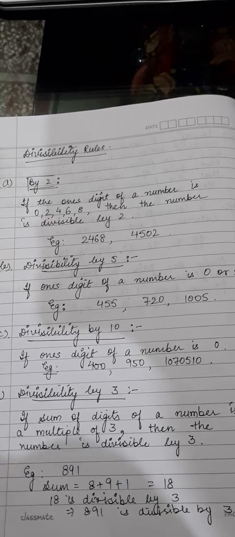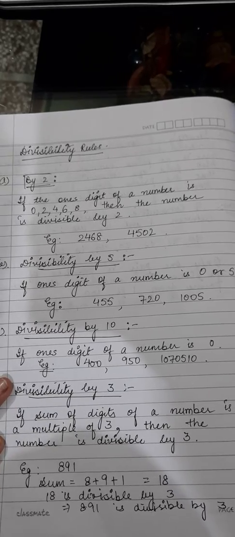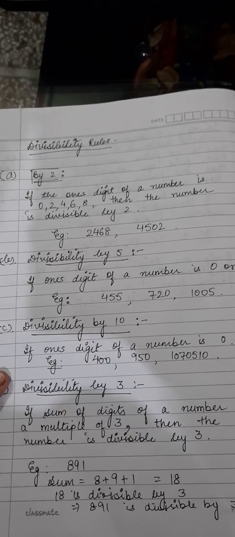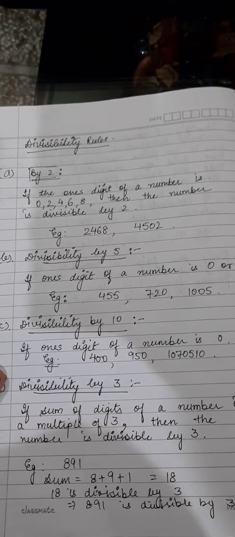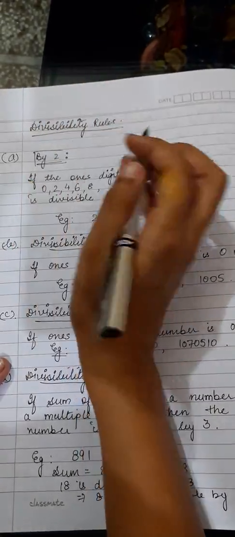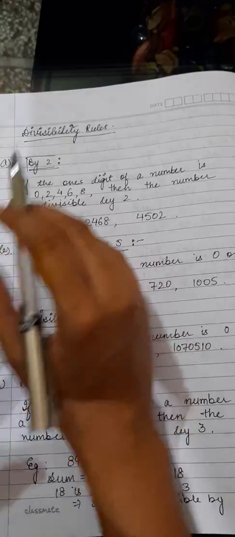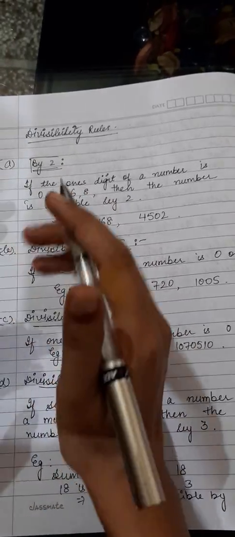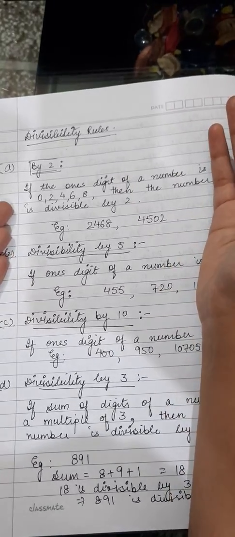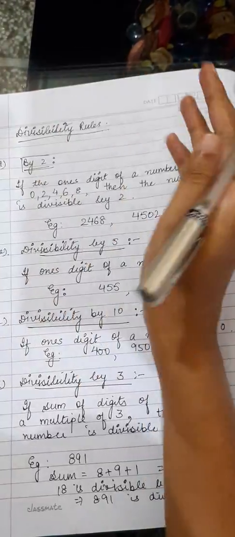Hello everyone. Till now we have done exercise 4.1 and now we are going to start with 4.2. In 4.2 we are going to discuss the divisibility rules. Divisibility rules are just rules to make your calculations easy. Like if a big number comes and you have to divide that number by 2, you are not going to start actually dividing it. You just have to see whether a rule applies to that number or not. If the rule applies, that means the number is divisible by 2 or by 11 or by 8.